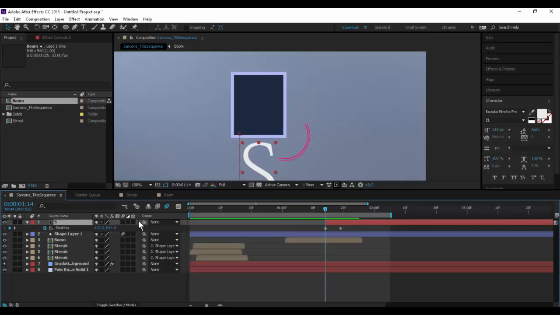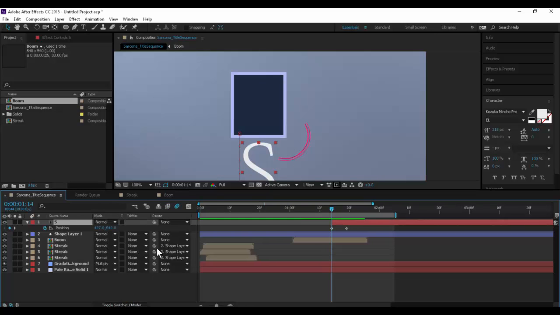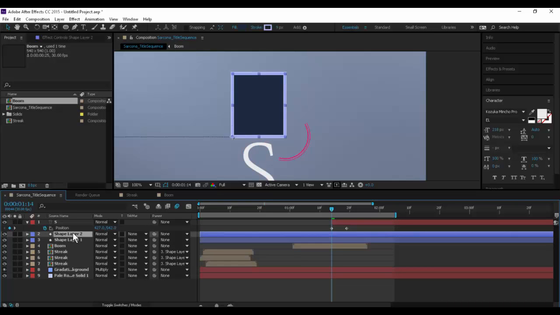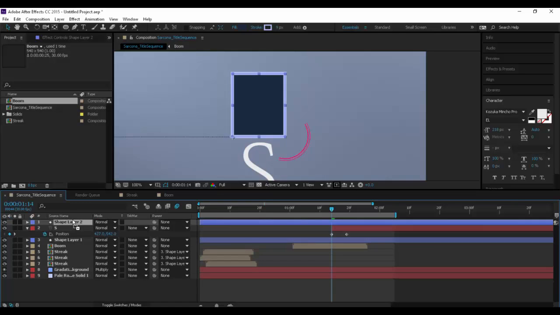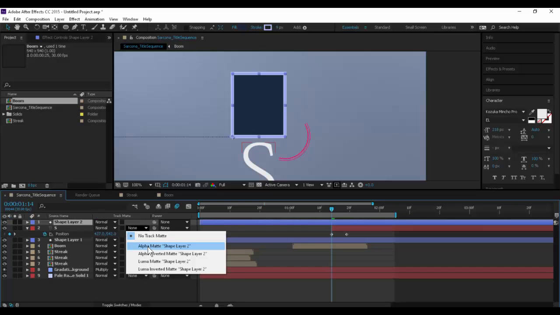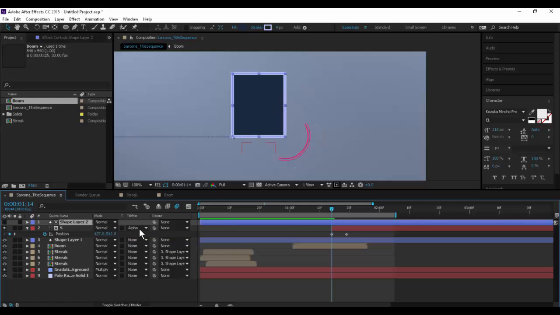Problem I'm going to have, though, is that when I go to this and I try to choose a track mat for my S, it's not going to show anything here because it's the top layer. It only allows you to do a track mat for the layer right above it. So if I were just to duplicate my layer, shove this on top of it, then I could go to track mat and say only allow the alpha. Okay. Now when I click that, it makes my letter disappear. But now when I hit play,